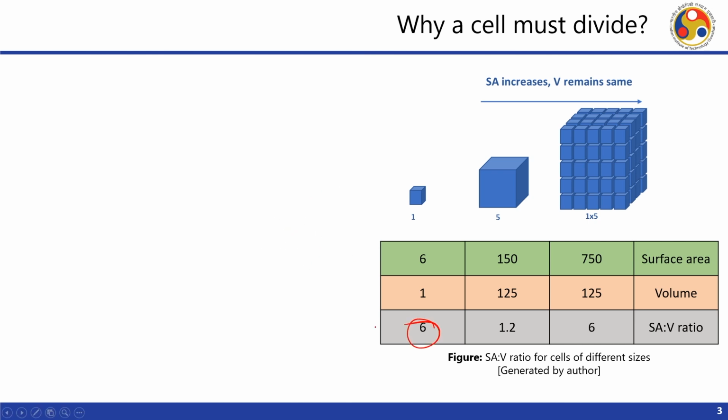Okay. Now, if we take a bigger cube, supposingly 5 times of this smaller one. So, the volume will be 125, and then the area of one face is 5 into 5, 25 into 6 will be around 150. And in this case, if we divide the total surface area of this large cube by the volume, we get a smaller ratio, 1:2.